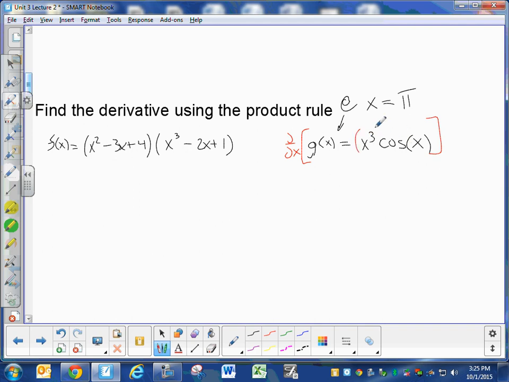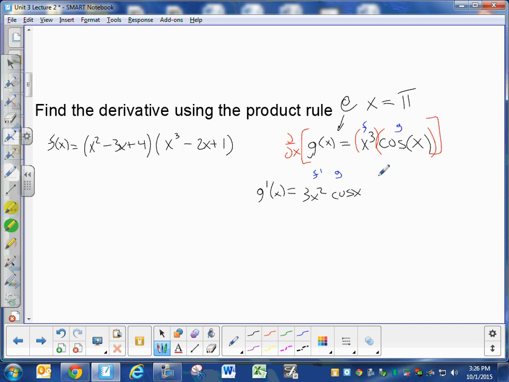I usually use parentheses. That way I know I have a little f and a little g. Okay, and yes, this is g, but I'll just kind of denote this as f and this is g. And the derivative of g, g prime, would be equal to the derivative of f times g. That'd be 3x squared times cos x